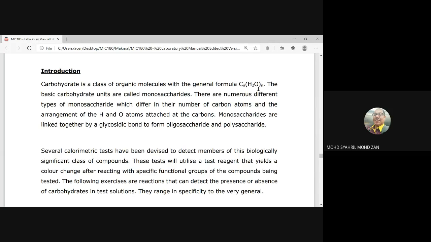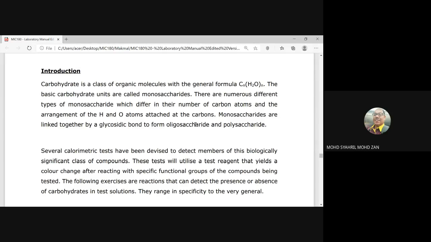So n represents the number. Any number you can give, 1 until infinity. The basic carbohydrate units are called monosaccharides. Saccharides mean sugar, monosugars. There are numerous different types of monosaccharides which differ in their number of carbon atoms and the arrangement of hydrogen and oxygen atoms which are attached at the carbons. So monosaccharides are linked together by a special bond called glycosidic to form what? Oligosaccharides and